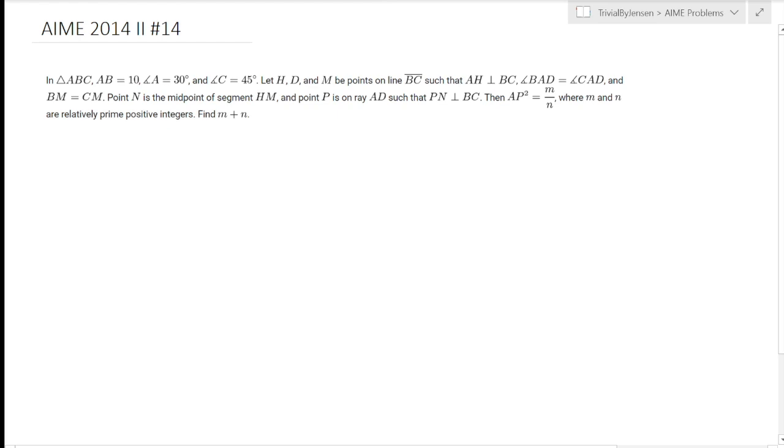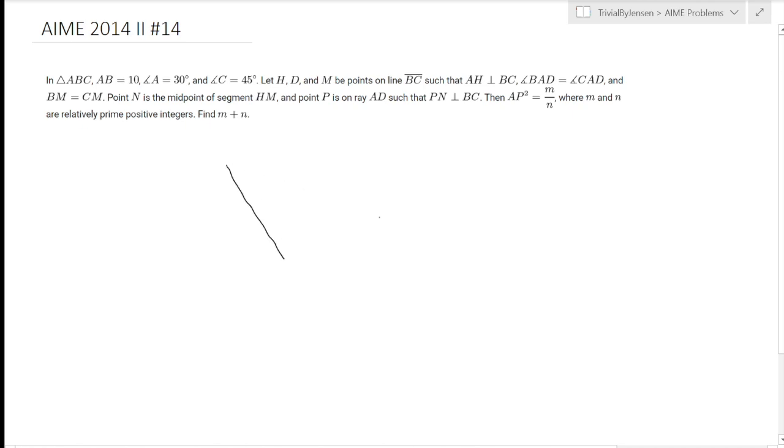This is AIME 2014 II number 14. So we have a geometry problem. Let's start drawing it out. We have triangle ABC and we're given AB is 10 and two of the angles, so we can solve for the third one. So I'm going to draw